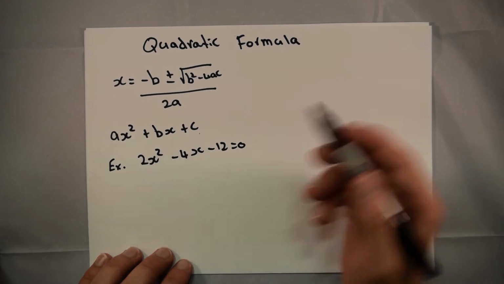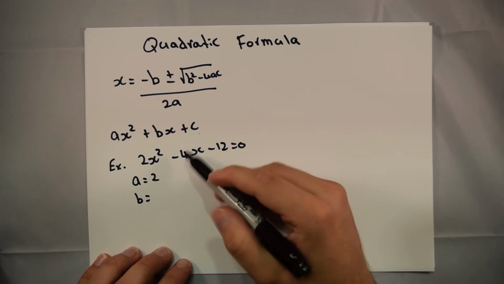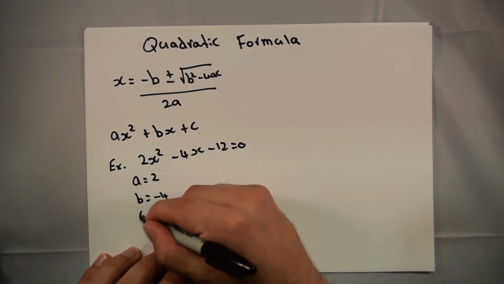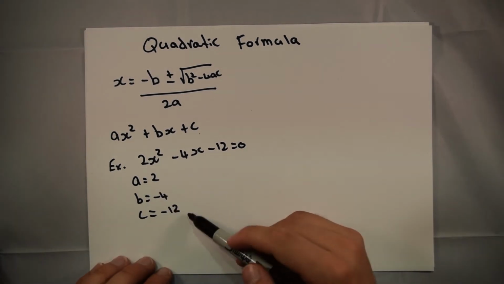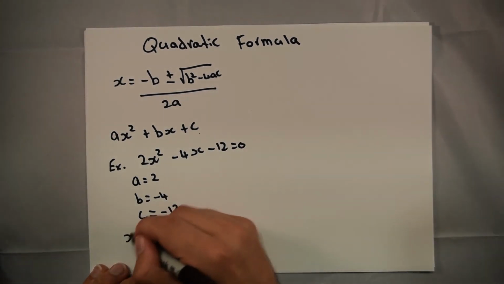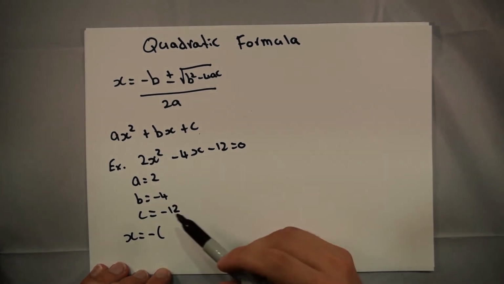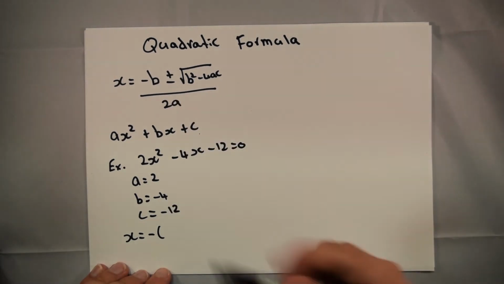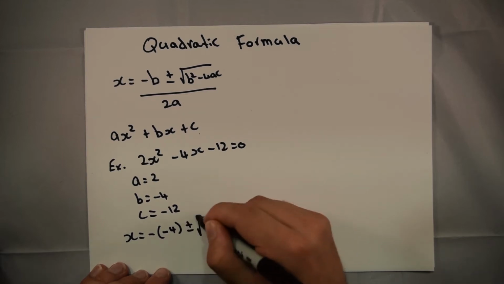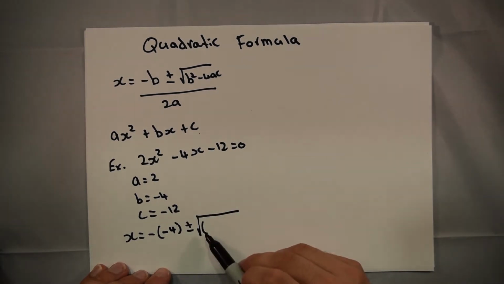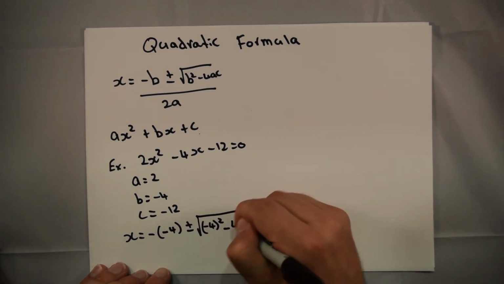So let's substitute our values in. We have a is equal to 2, b is equal to negative 4, and c is equal to negative 12. Substituting these values into the formula, we have x is equal to negative b. So what I like to do is always place our values into a bracket when we're substituting. So negative 4 plus or minus the square root of b squared, so b is negative 4 squared, minus 4